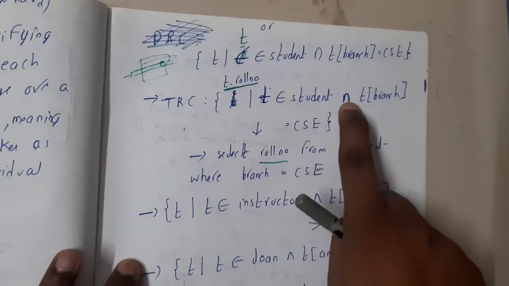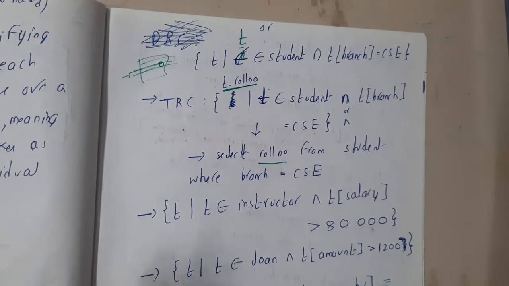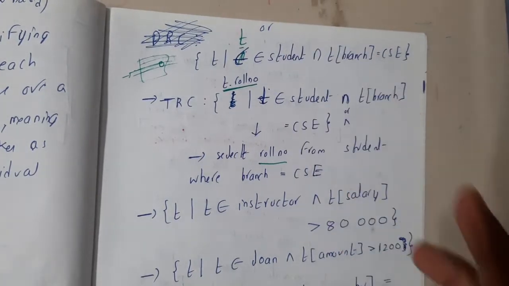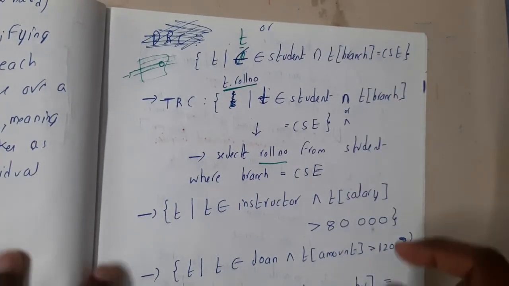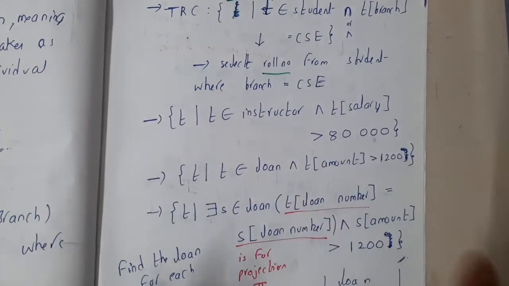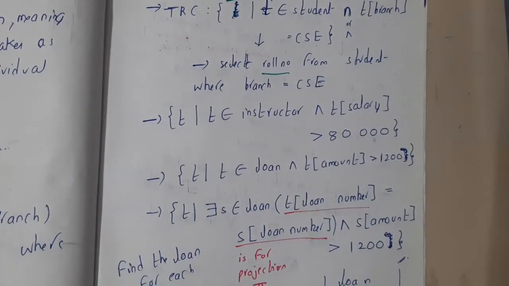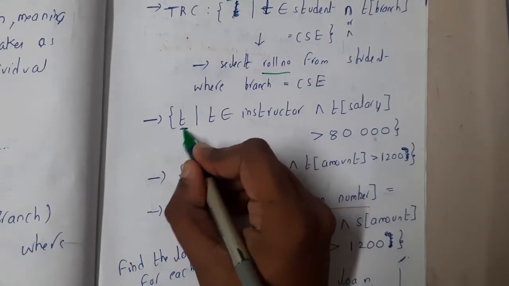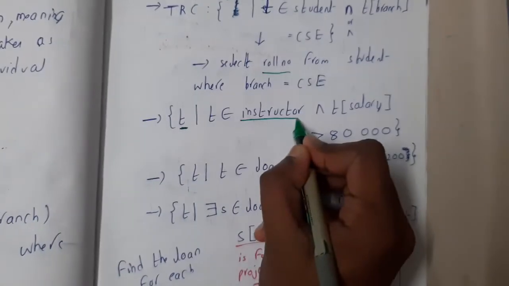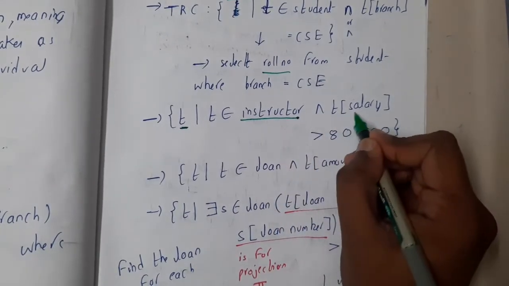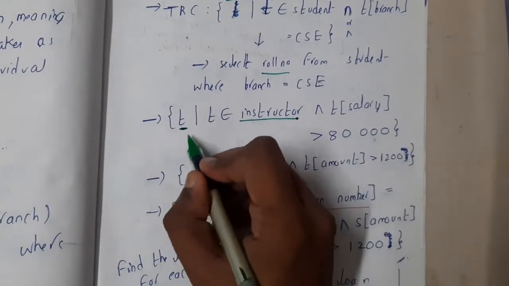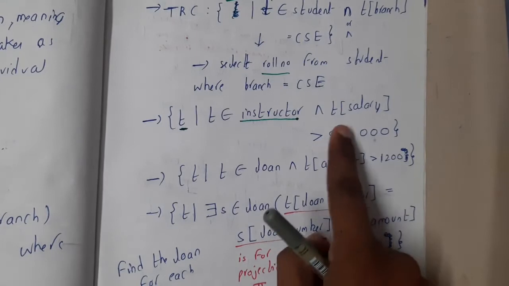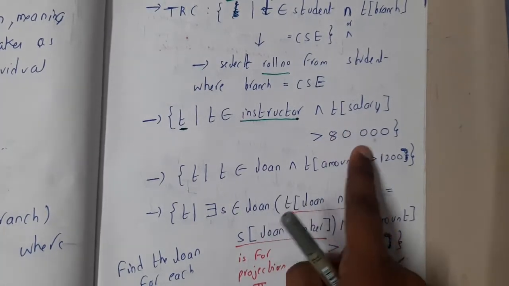Okay, so here it might be intersection or AND operation, anything will work, guys. Yes, so now you understood, right? So how exactly is it being converted? Now observe this statement and let me know what exactly it is saying, guys. Please concentrate. It is saying T is a tuple which belongs to the table instructor, and they are checking and printing the whole data of that particular table whose salary is greater than 80,000.